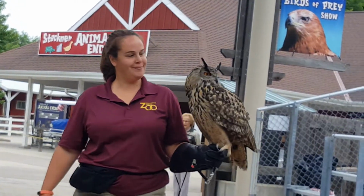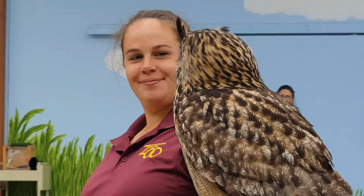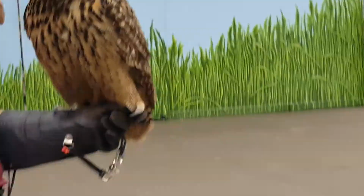The largest species of owls in the world. You can find him in Europe, Asia, and North Africa. If he turns to look at you with those beautiful orange eyes of his, you'll see that they're enormous. Eyes are like windows in your house. The bigger the window, the